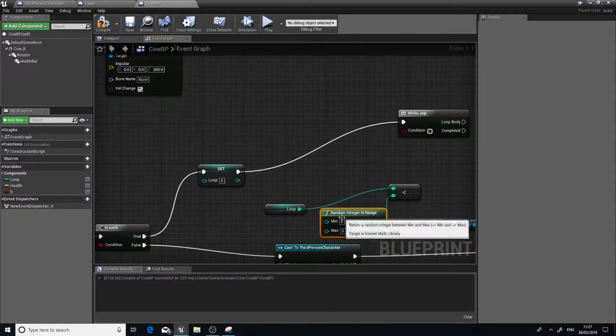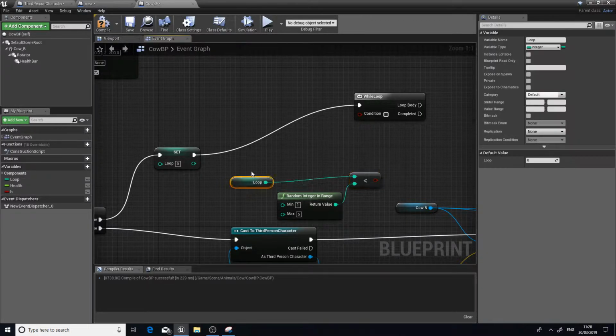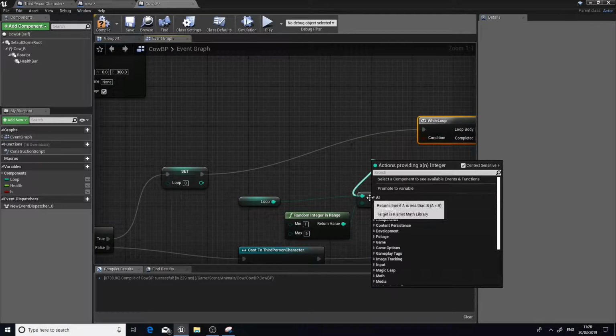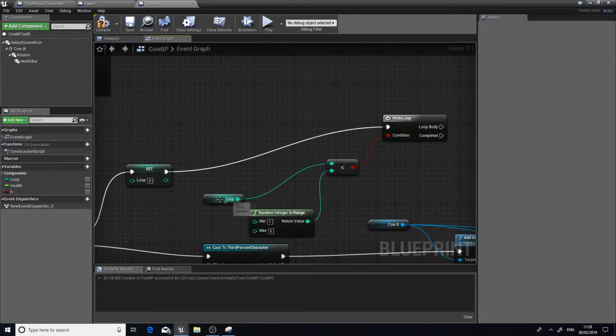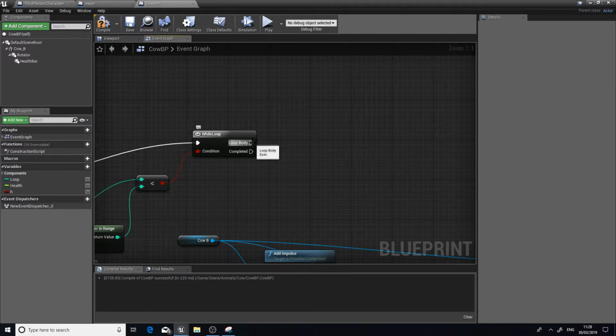Here we go. So this is our random integer. We're going to do 1 to 5. So this is how many times our loop will go for. So loop is less than 1 to 5, and then we want to spawn